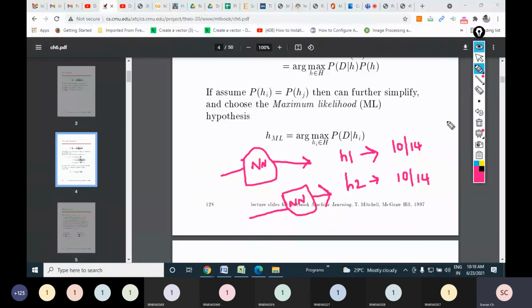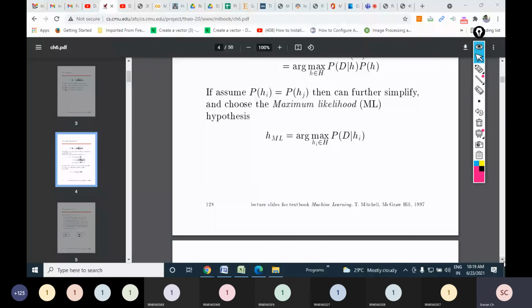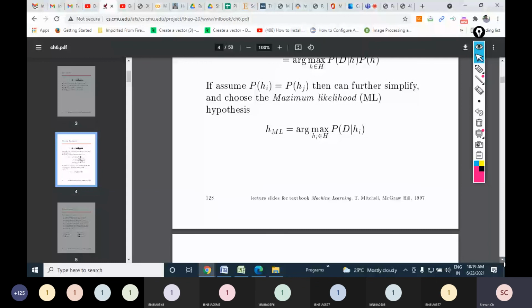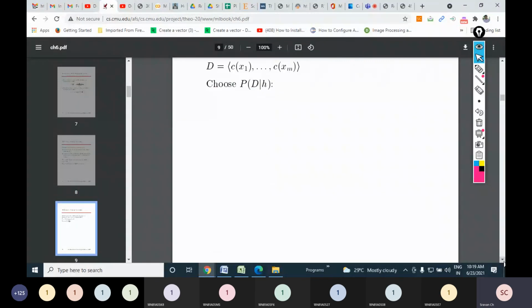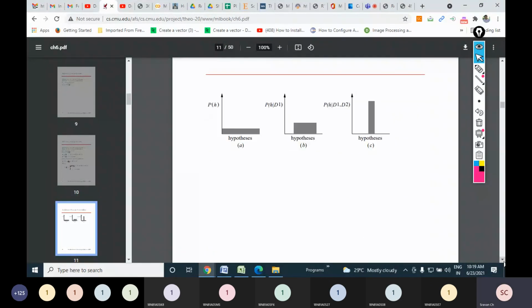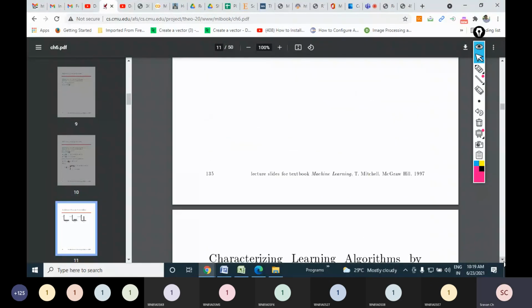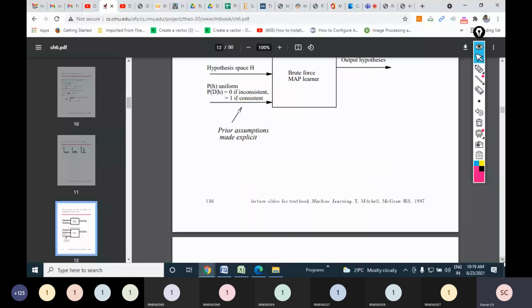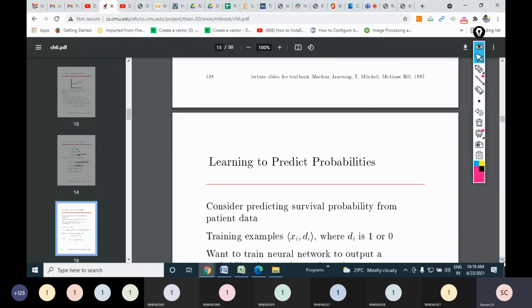So this is the application of Bayes theorem which we have seen today, and also how we compare hypotheses using Bayes theorem. And tomorrow in the next class, we will be discussing how Bayes theorem can be related to concept learning. This is what we are going to see. How Bayes theorem can help us in modeling a concept learning technique, and how it can predict the probabilities, that we will see in tomorrow's class.